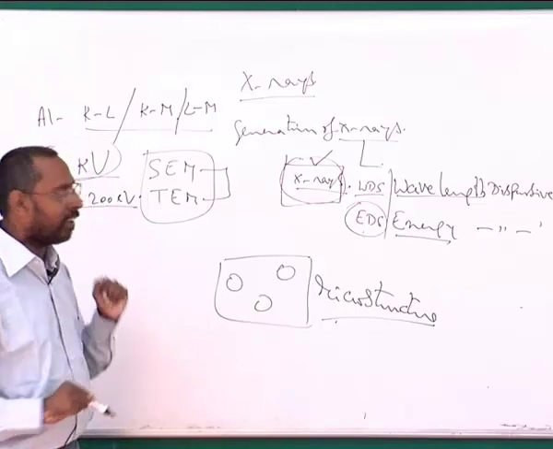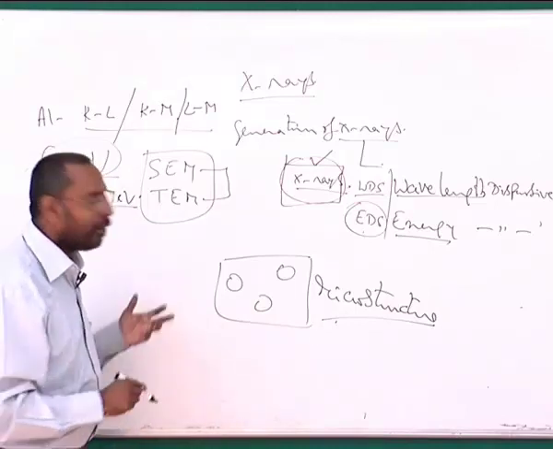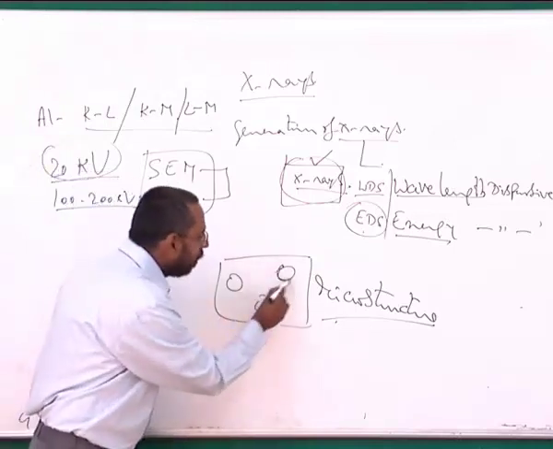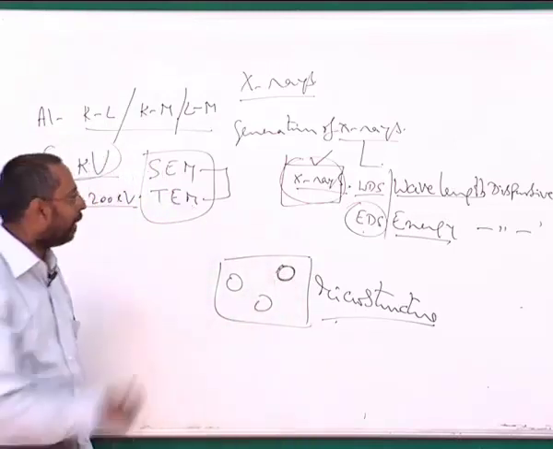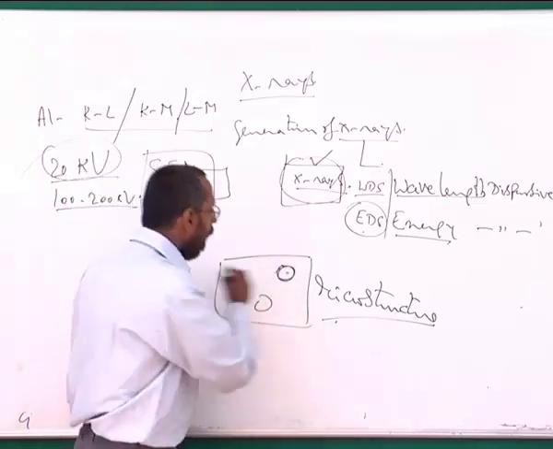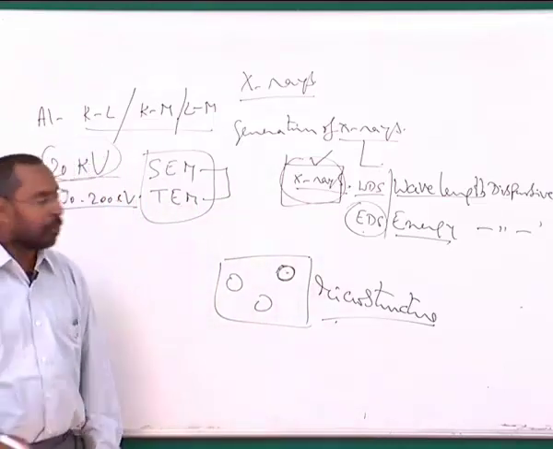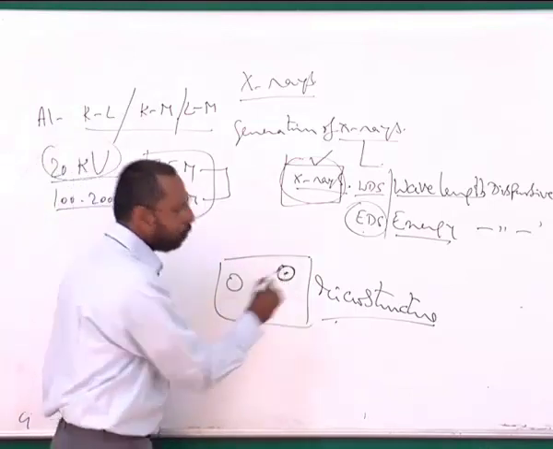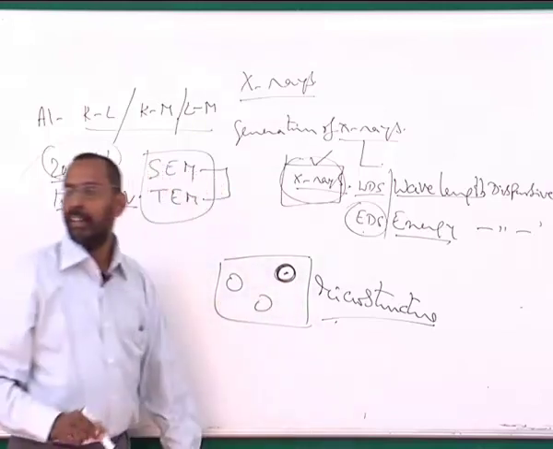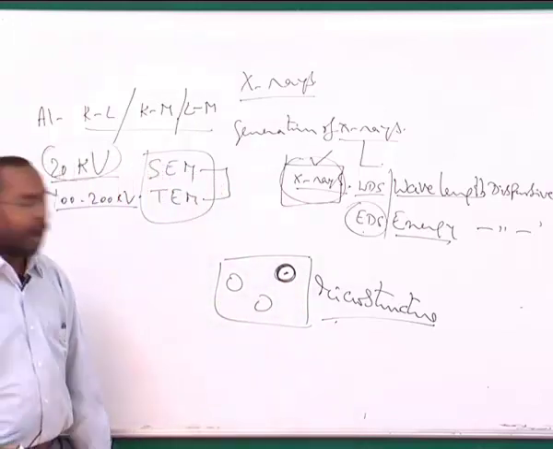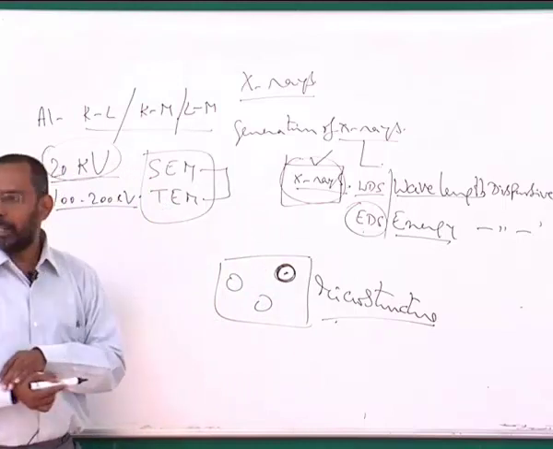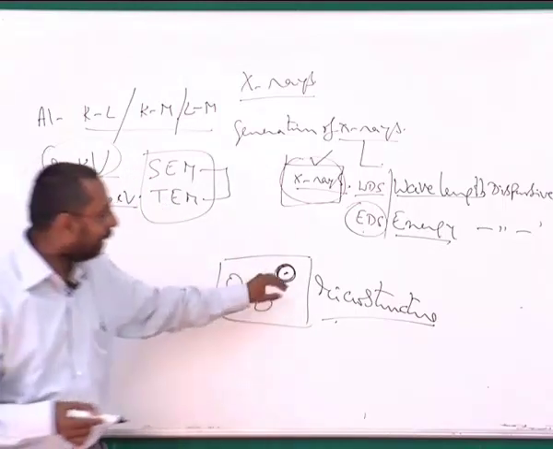Okay, and once I generate X-rays, I have these X-rays generated from the whole region of the sample or a small region of the sample, depending on whether you are focusing the beam of electrons on a particle or on the whole region. In principle, I can focus my electron beam on this particle and get only the X-rays that are coming out from this particle and be able to know the composition of the particle. We will see in a minute. There is also a problem with this kind of technique.